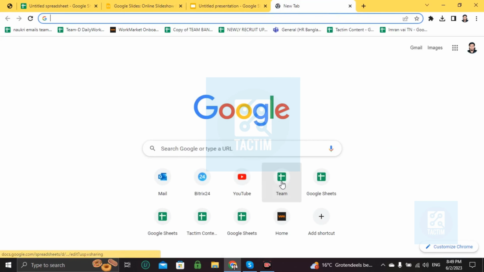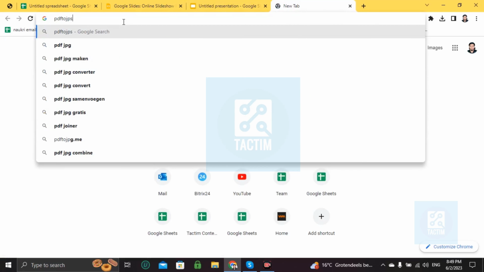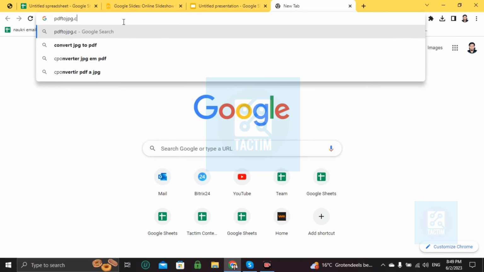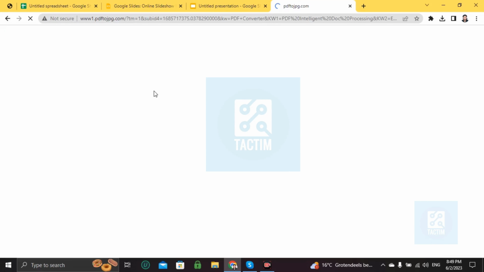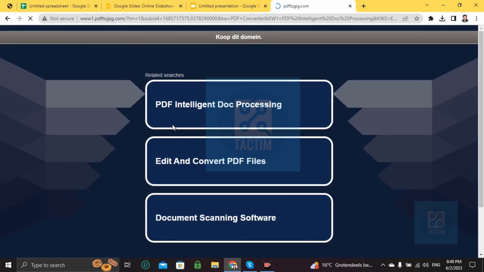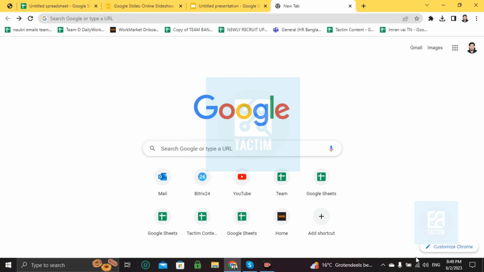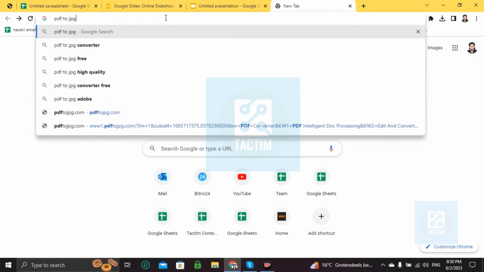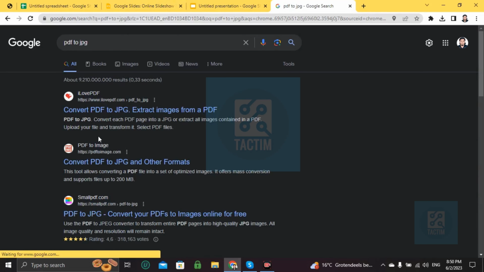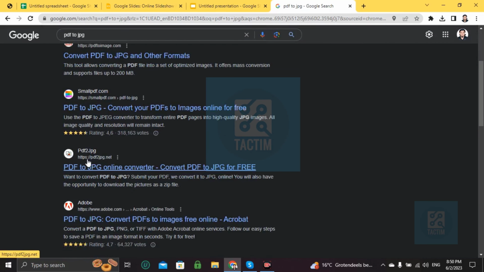Go to second tab, just right here PDF to JPG. Sorry, not this one. Simply write here PDF to JPG and press enter. Then choose this one, PDF to jpg.net, this one,